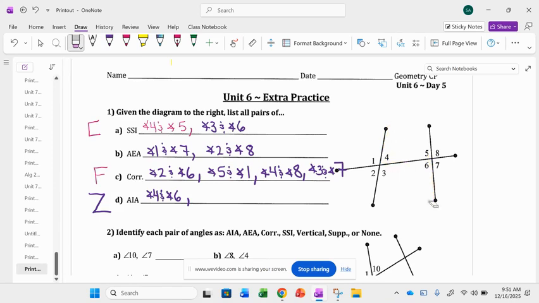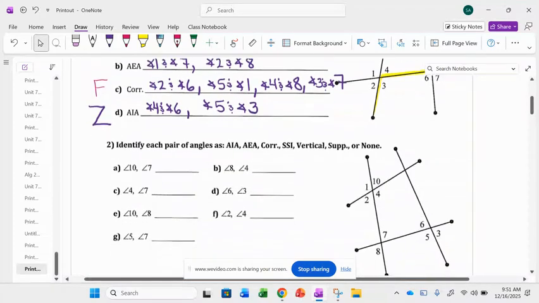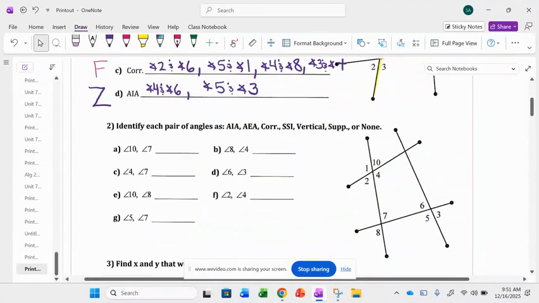Any other pairs? You got it, 5 and 3. That is it. How many people got all of those correct? Okay, good. So now what we're doing is I'm telling you which angles to look at, and we have to